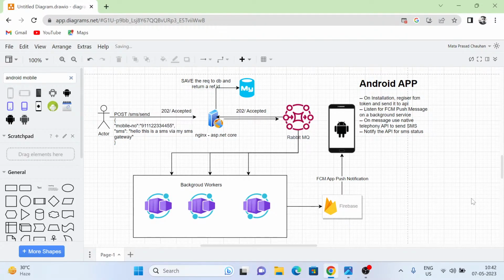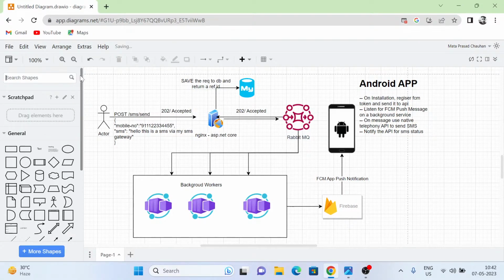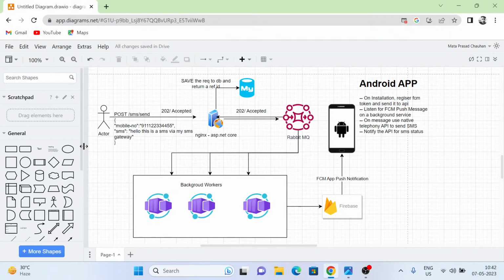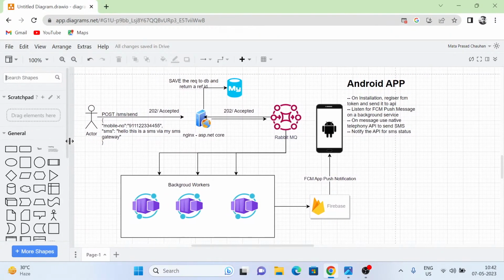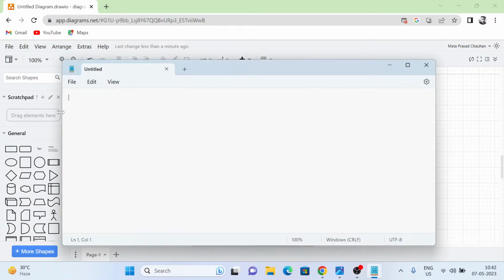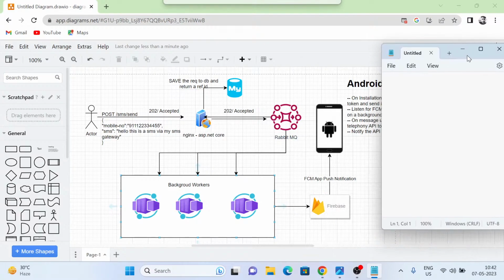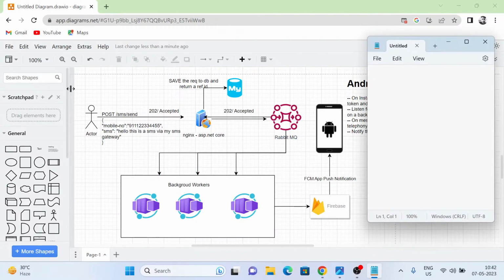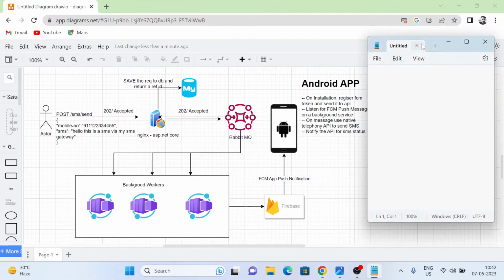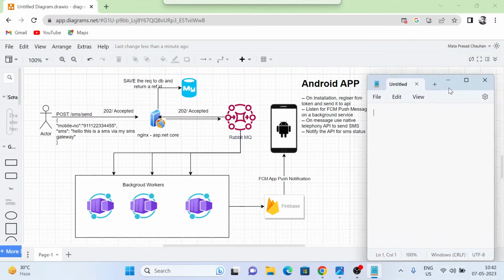So let's consider what we have to develop to achieve all these things, right? Okay, can we dock it? Nice. Let it be. So first of all, let me open a notepad. Nice. So we are going to develop a lot more things here. Let me hide it. First of all, we